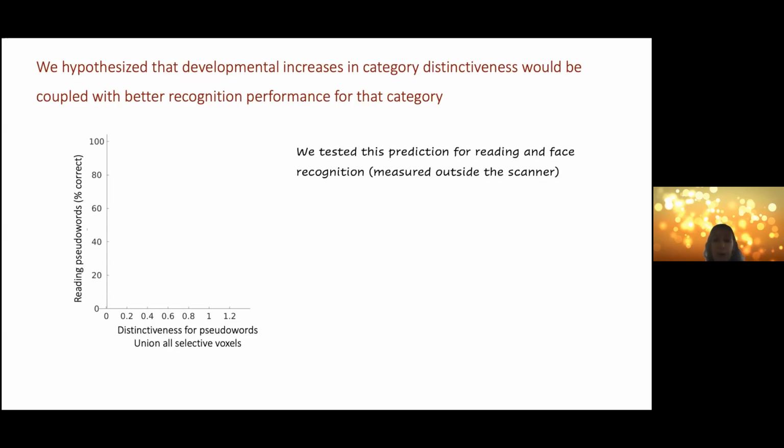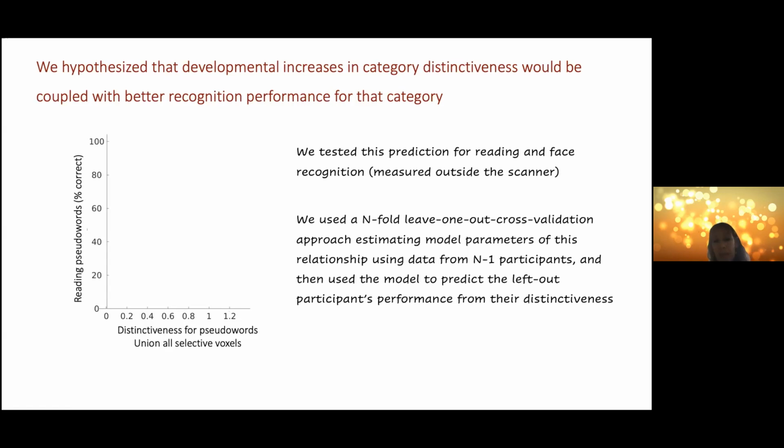So to test this hypothesis, we wanted to first assess the relationship between performance on a task, for example, reading, and distinctiveness for that category, for example, words. And we want to see how predictive this is. So what we do is we measure this relationship in N-1 participants, and we use a leave-one-out cross-validation approach to